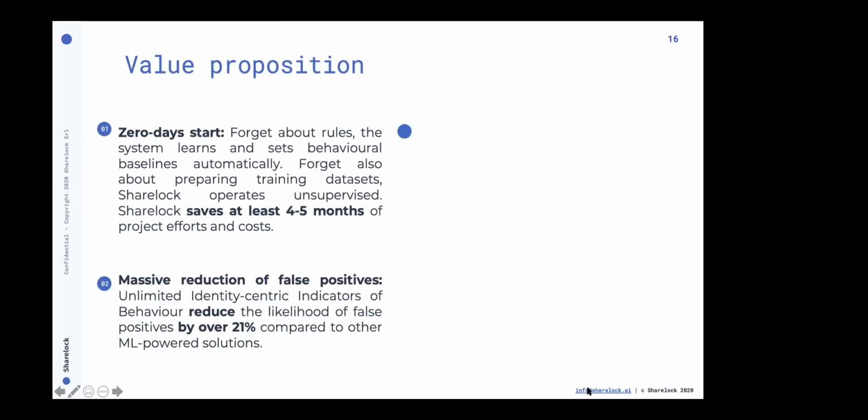We have tested it, and as you can imagine, there are ways of testing it against benchmark data sets. And our ability, not on a single algorithm but on combining many clues, many IOBs, is reducing the likelihood of false positives by over 21% compared to our competitors, meaning machine learning powered solutions. So that's very important because, in a nutshell, USP number 2 is the way to address the original sin